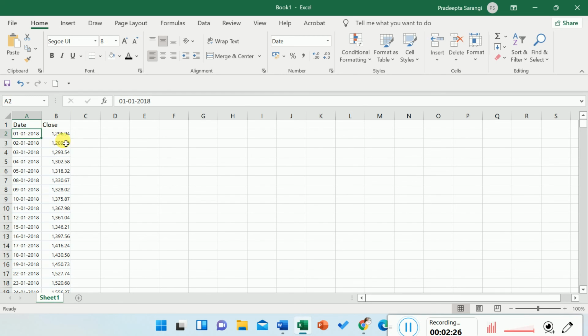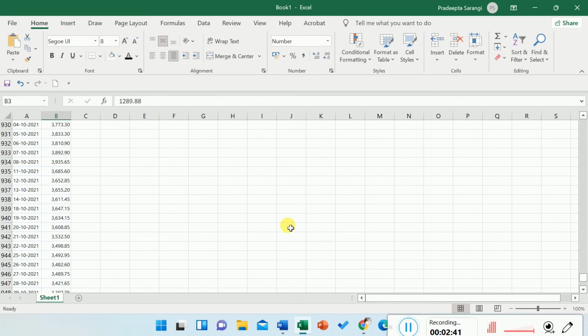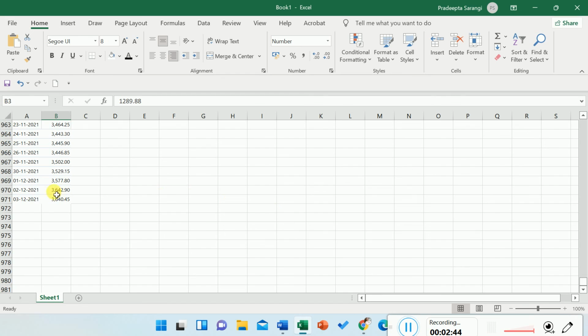This data is the closing price of 1st January 2018. Then this is the closing price of 2nd January 2018. Similarly, we have taken the data till 3rd December 2021. You can see here. So total 970 values we have taken.